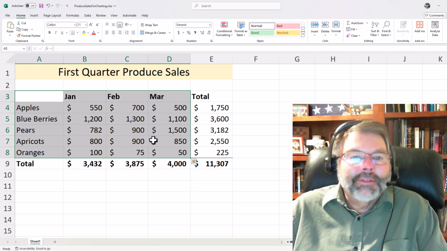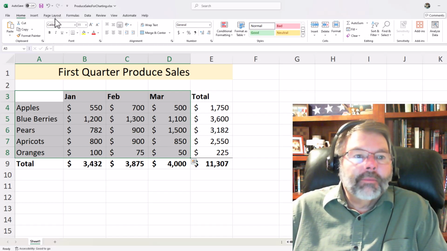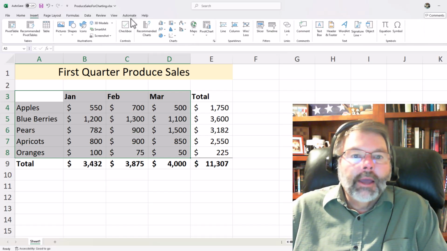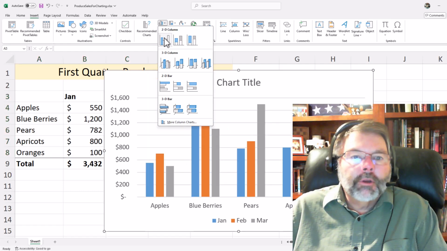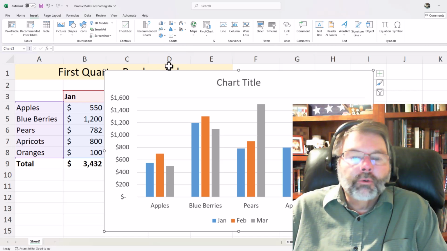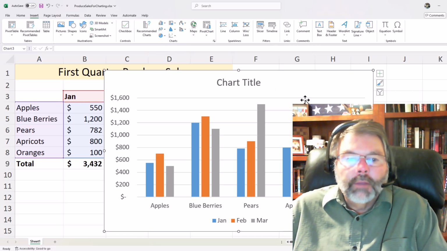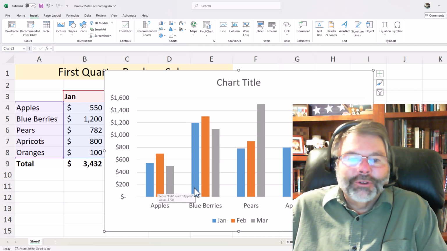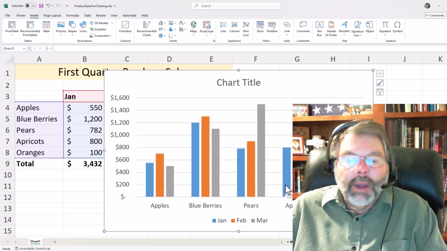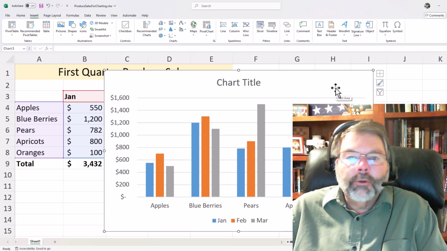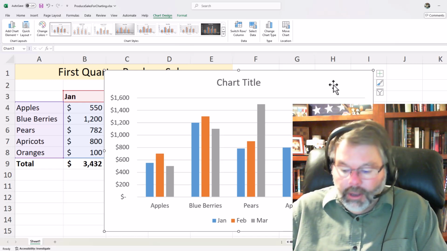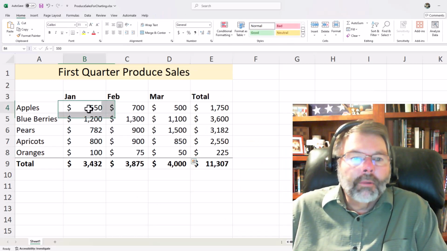So once I've selected the data that I want to chart, the next step is just to go into the Insert menu and choose the chart type that I've liked. And I'm going to go ahead and choose a column chart, and I'm just going to keep it simple right now and go ahead and use a regular 2D column chart. And there it is. I have the apples and the blueberries and the pears, the apricots and the oranges. We have the different colors for the months. Pretty simple, right? Well, yeah, there's a little bit more to it here, but I'm going to go ahead and delete this chart, and we're going to make one that's a little bit more complex